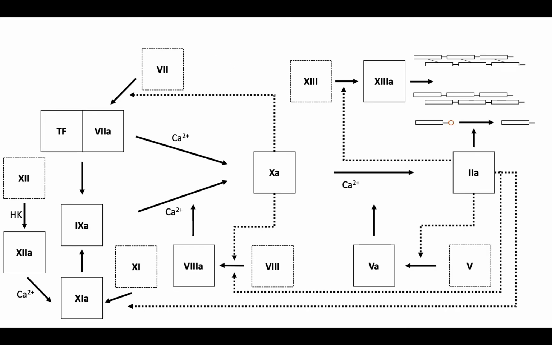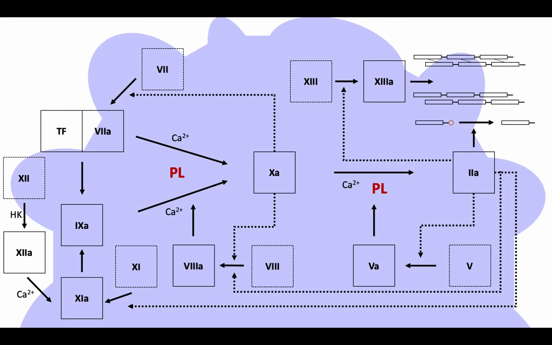You may recall the coagulation cascade in all its complexity. You may remember that, in addition to calcium, an important ingredient for key steps in coagulation is the presence of phospholipids. These phospholipids come from the phospholipid bilayer membrane of the platelet, identified here in purple. For the sake of simplicity, we represent the phospholipids sparingly, but the truth is that the entire platelet membrane is